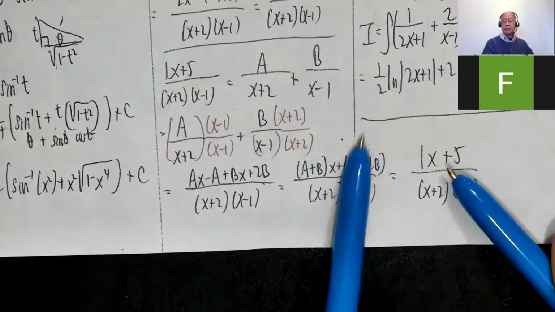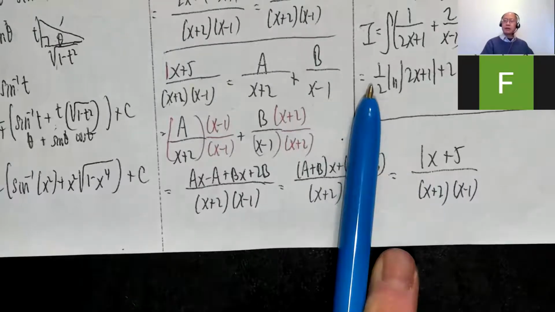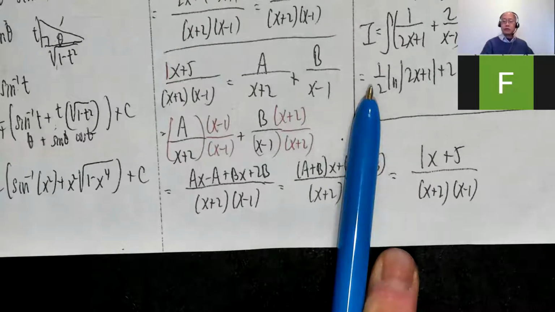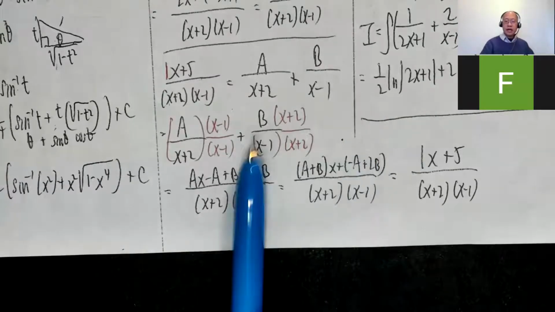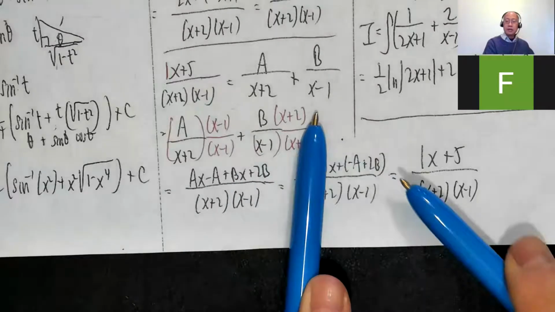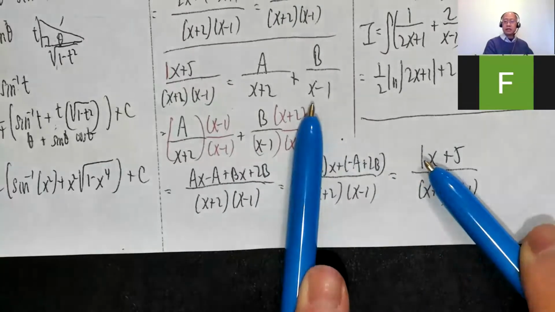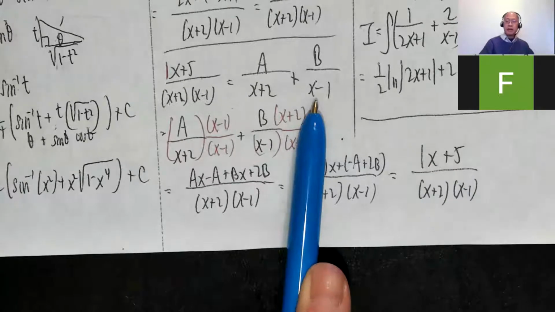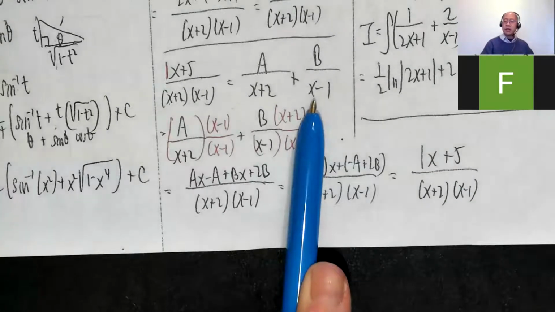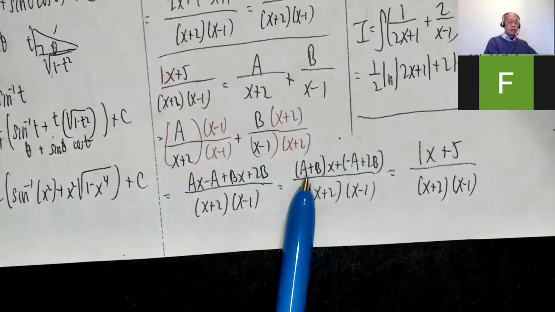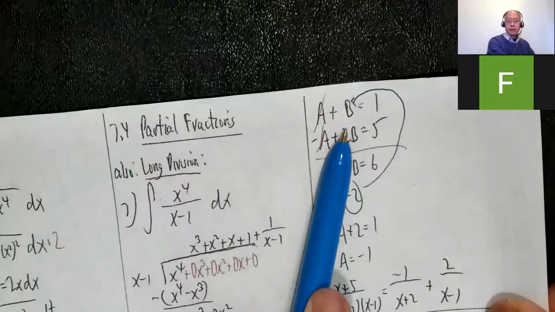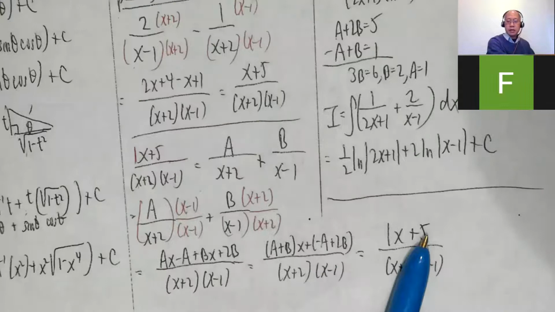I mean, stop and think about it. Behind my pen, it's not going to be true if it's 4. It's not going to be true if it's 6. It's not going to be true if it's 1,000,000. The only way it's going to be true is if this is 5. And likewise, cover this up. How is this going to equal x, which is 1x? Well, behind my pen has to be equal to 1. It's not going to be true if it's 2 or -80 or anything else. This must be 1. So I'm going to set a plus b equal to 1, and -a plus 2b has